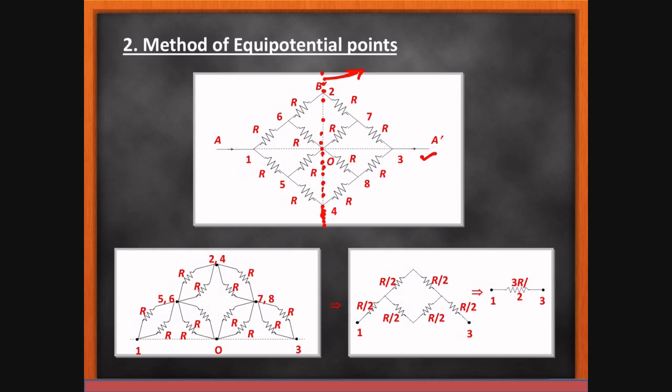like this. So here this R and this R are in parallel like this. This R and this R are in parallel like this. Same here, and so on. So the net answer here, after reduction, is R by 2, R by 2, R by 2, R by 2 and R by 2. So on simplification the net answer is 3R by 2.